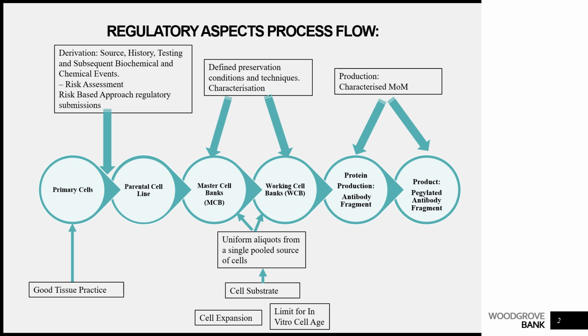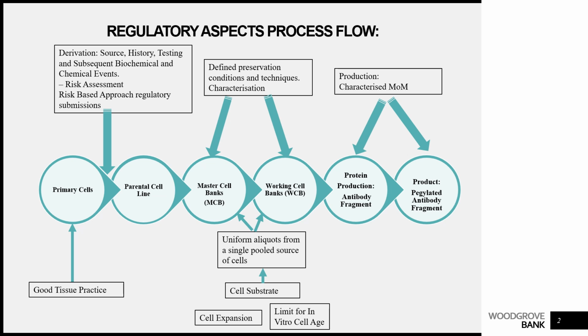But if you have your immortalized parental cell line, say in this theoretical example, if we're talking about a cell that's going to be transfected with a particular plasmid, then the parental cell line consists of the untransfected cells. So a cell has been isolated and selected, a cell clone has been selected, and that cell has been expanded. You have a population of those cells, and those cells can now be considered the parental cell